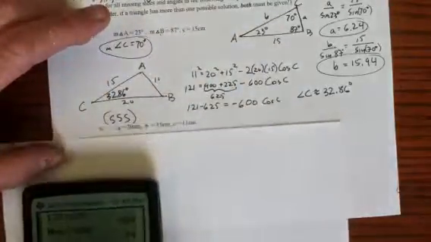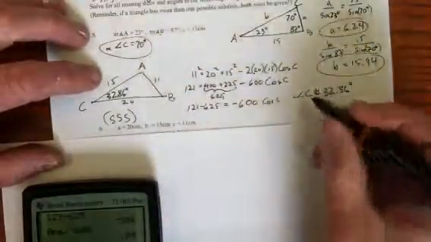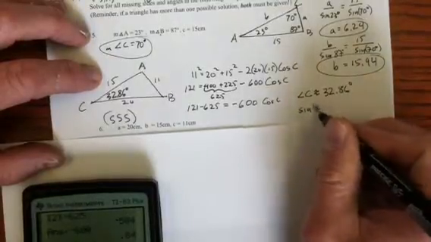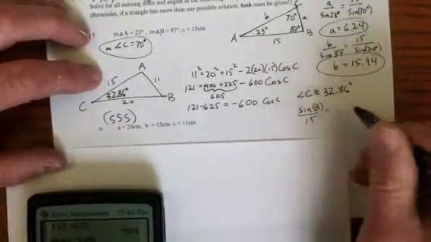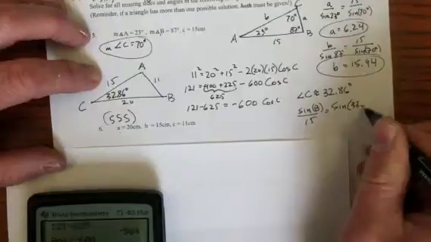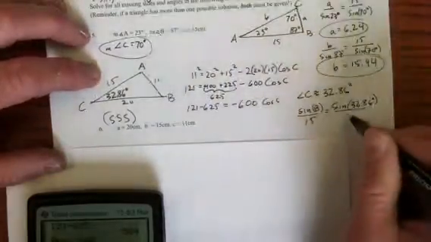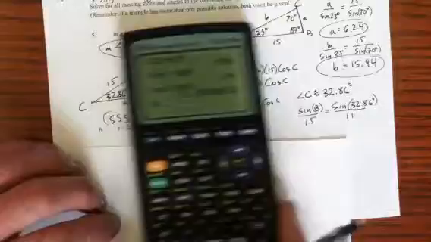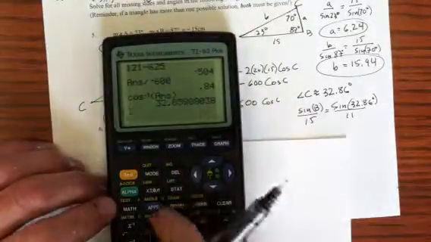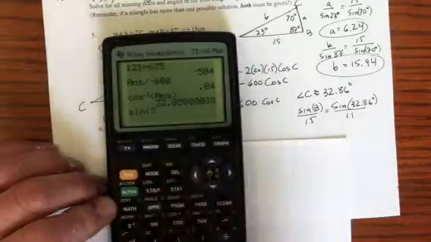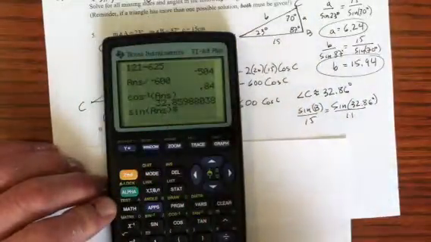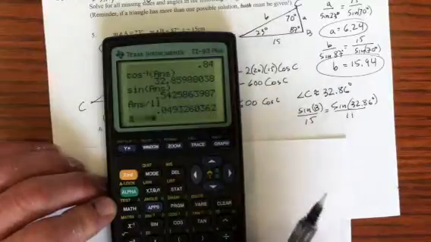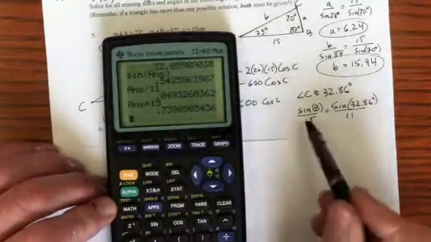Okay? So if this is 32.86 degrees, I'm going to use the law of sines to find the next smallest angle, which is B. So I'll do sine of B over its opposite side, 15, is going to be the sine of the angle I just found, 32.86, over its opposite side, 11, and I solve it. Now I put the unknown in the top, just makes it easier, but remember if I'm looking for an angle I've got to do the inverse sine. Okay, so I'm going to do sine of second answer. It's going to take that angle 32 and put it in there, and then divide it by 11 and get an answer, and then multiply it by 15, and that's my decimal,